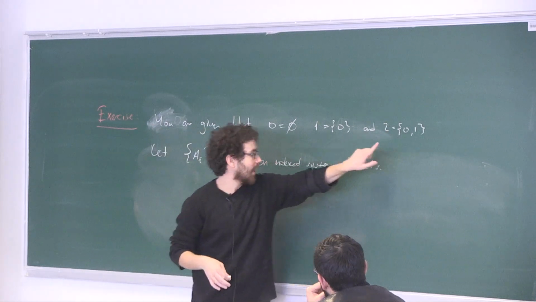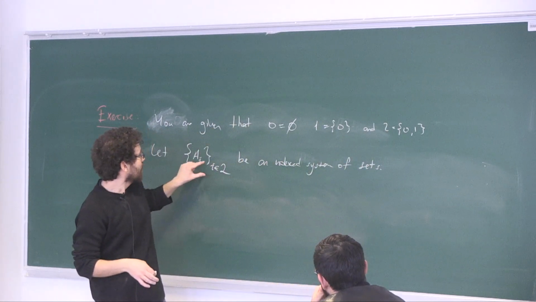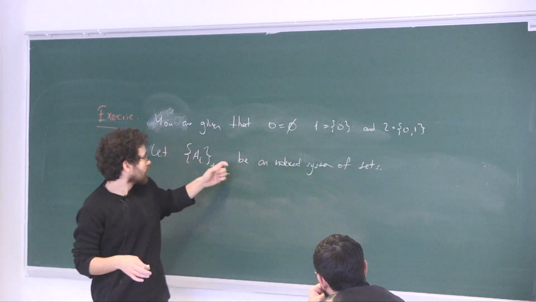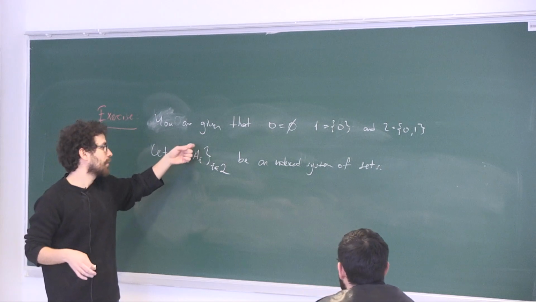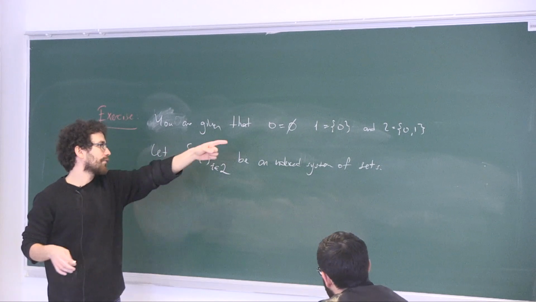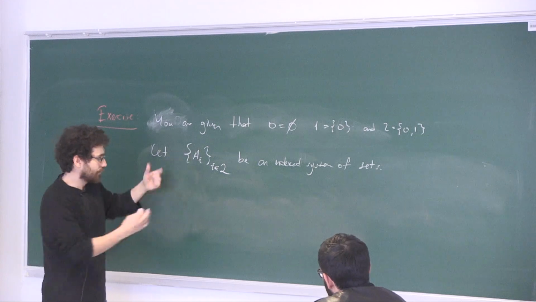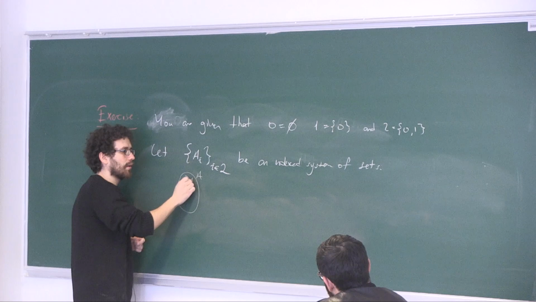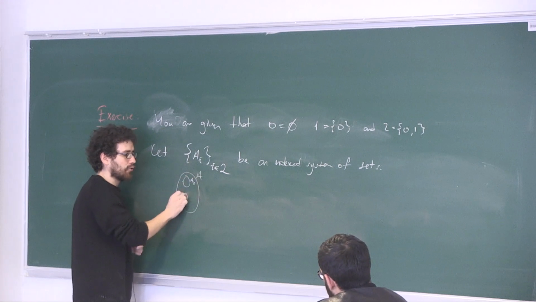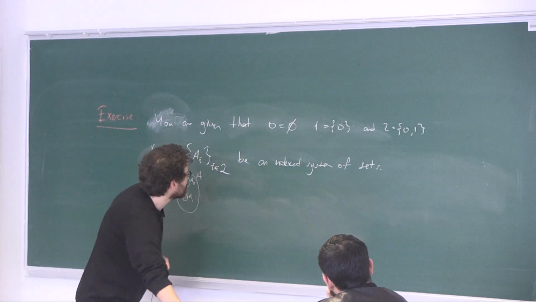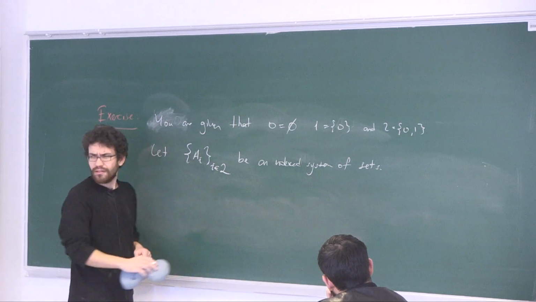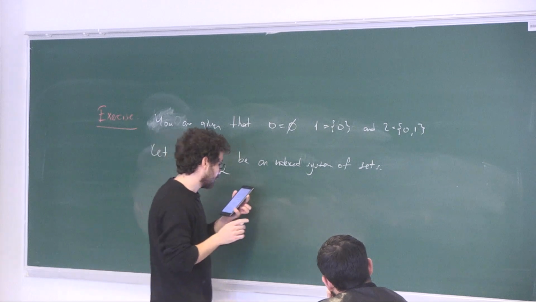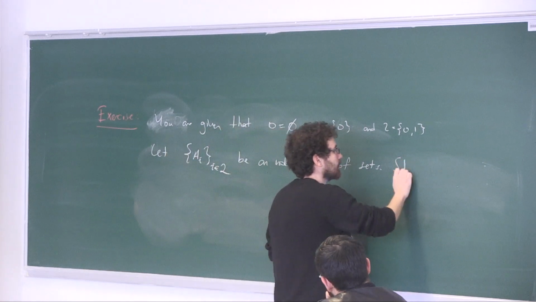2 is the set. I have an index system of sets. So this is a function from this set to some set, and its elements are like now A0 and A1. It has 2 elements. It may have more elements, but yeah, I didn't put that restriction, but I don't need it. Anyway, show that,